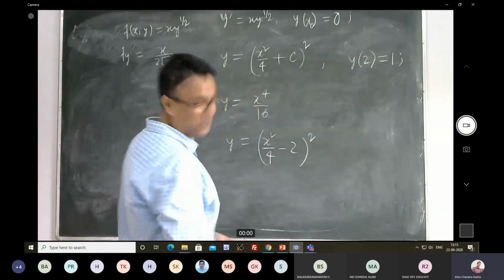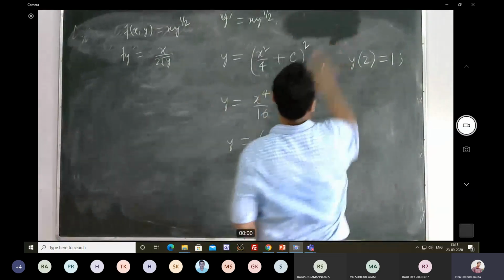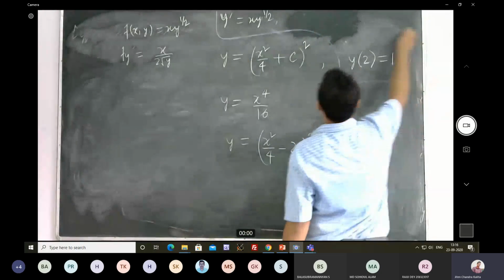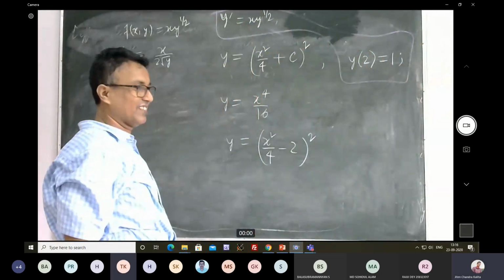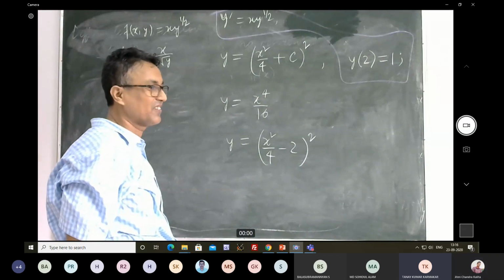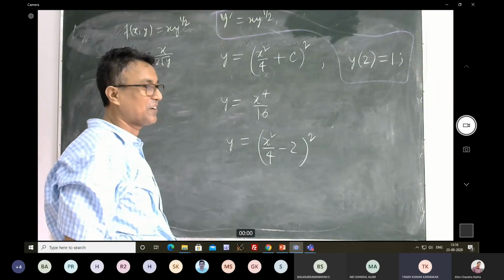Both are solutions to the initial value problem given by this. The second one is not a solution of this initial value problem. Which one? Second equation, y equals (x squared by 4 minus 2) whole squared. Why? This is not